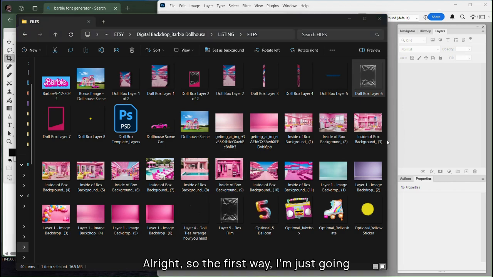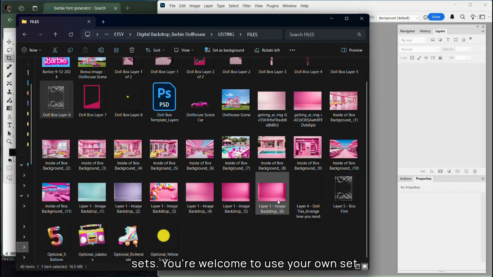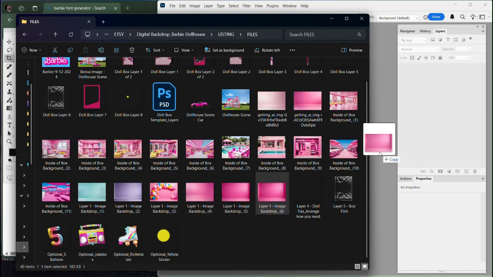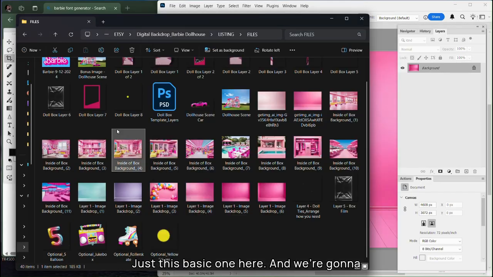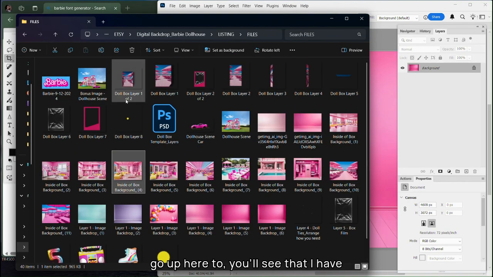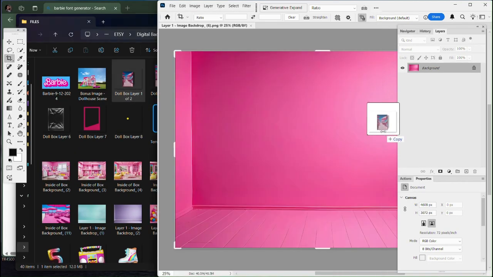All right, so the first way, I'm just going to choose one of these backdrops here. So you see I've included a couple different sets. You're welcome to use your own set, throw whatever you want in here. Obviously, just have fun with it. But I'm going to use this basic one here, and we're going to go up here to, you'll see that I have doll box layer 1 of 2 and 2 of 2, so we're just going to take 1 of 2, throw it in here real quick,